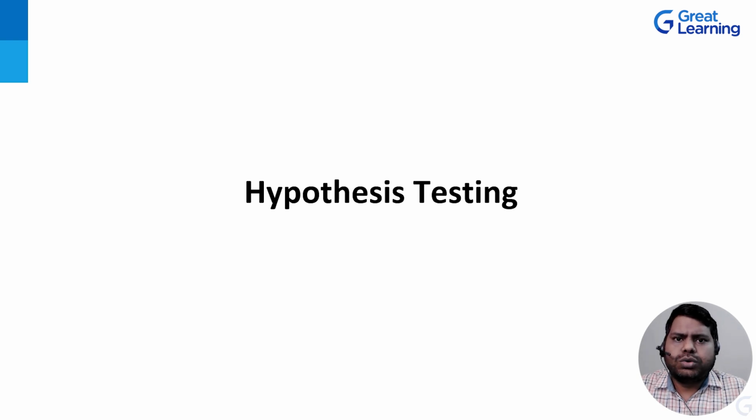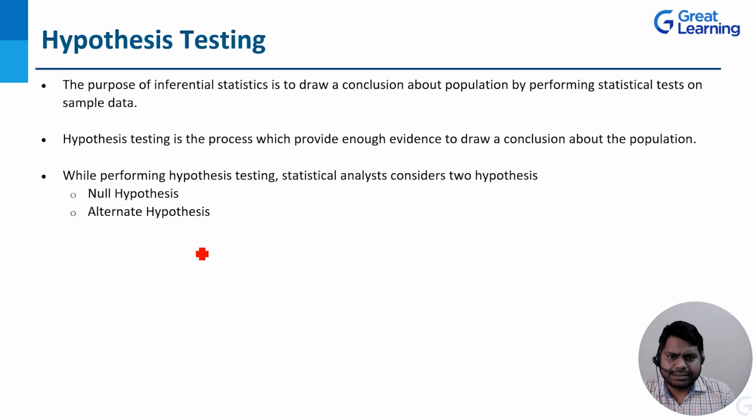They created two medicines, medicine A and medicine B. Let's take an example to understand hypothesis testing. For this purpose, we are taking an example of a pharmaceutical company. Let's suppose there is a disease named X,